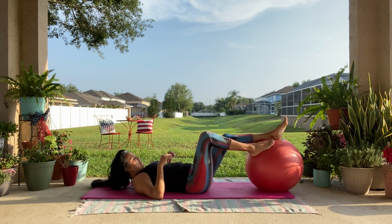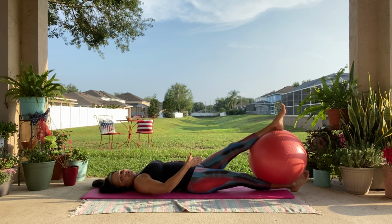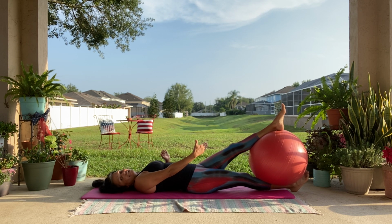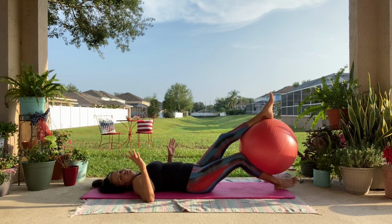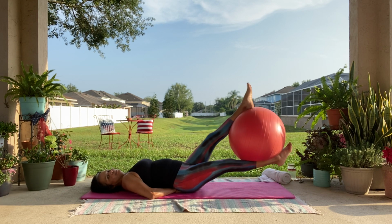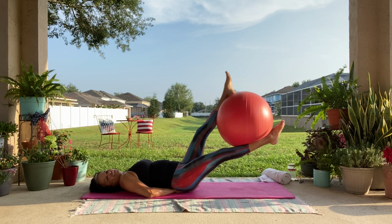Again, you don't have to use the ball. So for this one, notice my legs. One leg is underneath, the other one is on top. If you don't have a ball, again, you could use a towel, anything to go in between your ankles. So for this one, I do like to put my hands underneath my lower back for support. Shoulders are stable. You're going to lift with your core. You're going to go down and lift for 8,